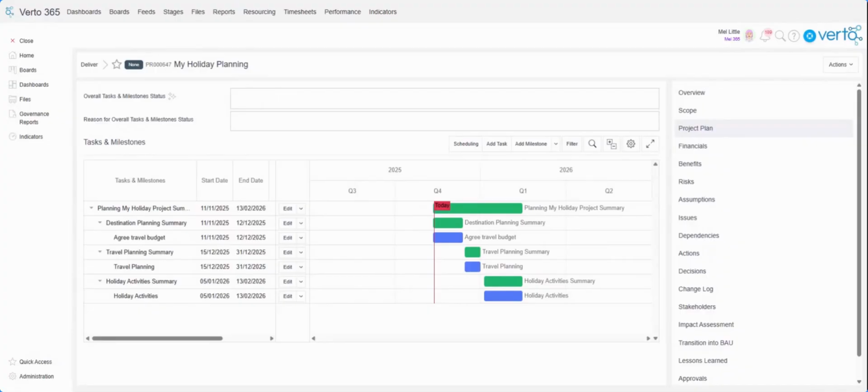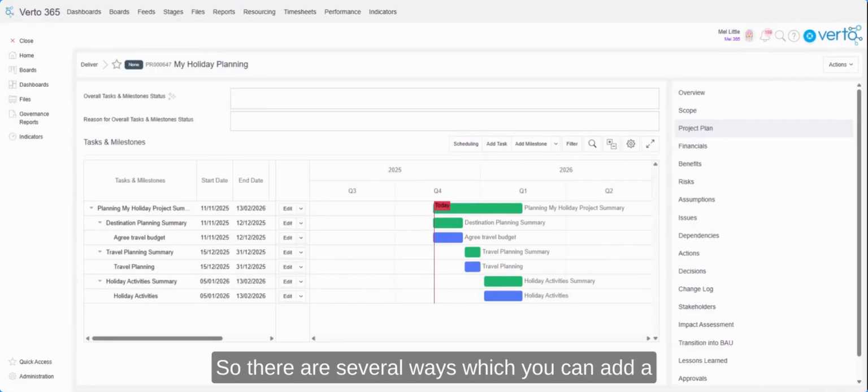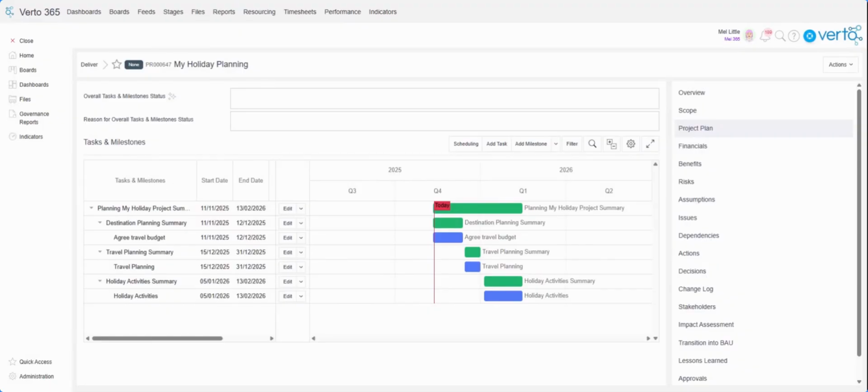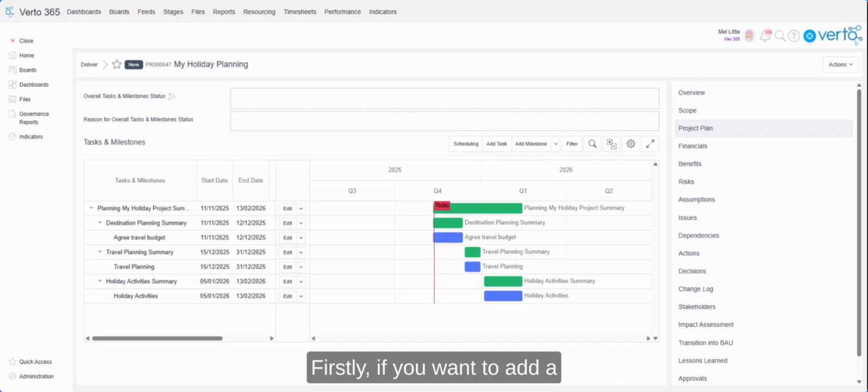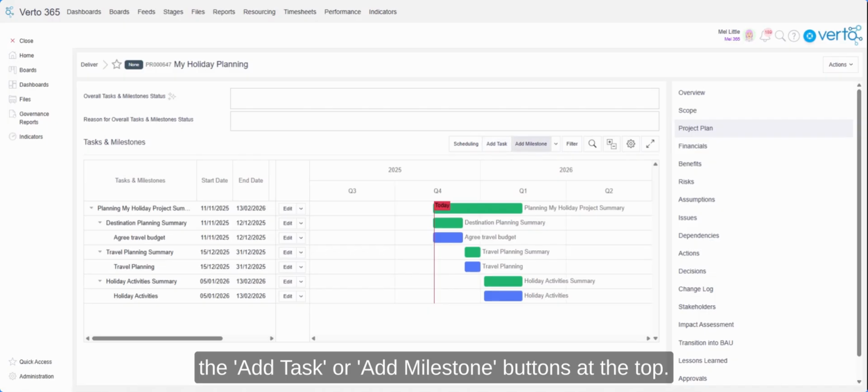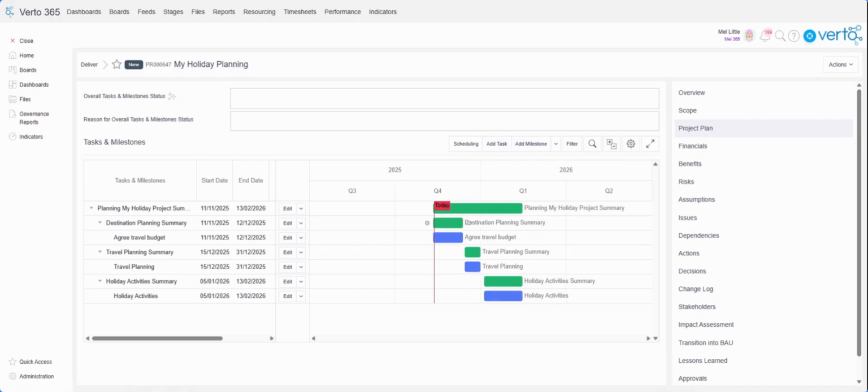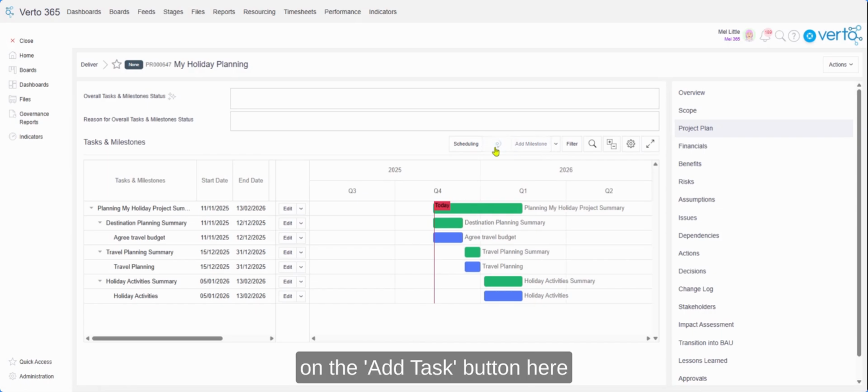Adding tasks and milestones to your Gantt. So there are several ways in which you can add a new task or milestone into your Gantt. Firstly, if you want to add a new independent task or milestone, so one that isn't going to sit underneath an existing summary task or group of tasks and milestones, then you can use the Add Task or Add Milestone buttons at the top. For example, I'll click on the Add Task button here